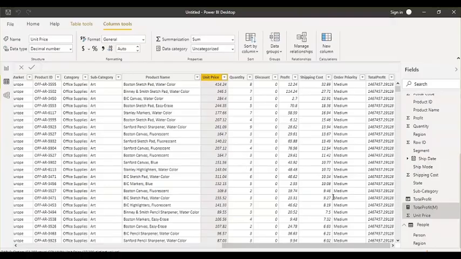Yes, exactly, you're right, Ali. So what we need to do is write an expression where we do unit price times quantity. But my question was, do I have to create a column for it or a measure for it? Okay, column, measure, column, so it's mixed. Okay, let's create the column first.